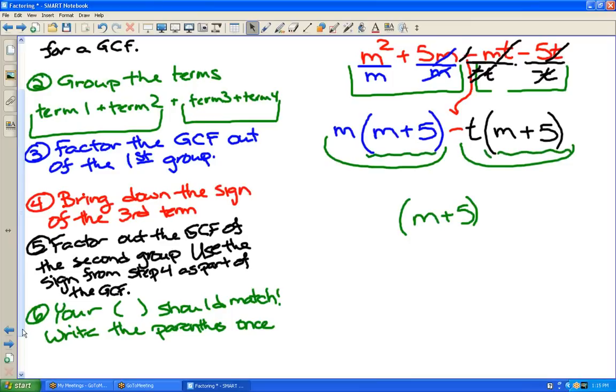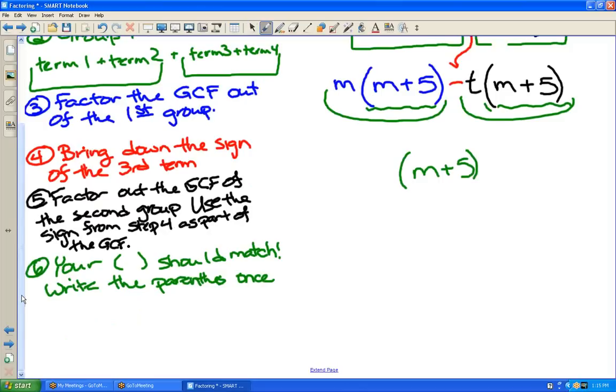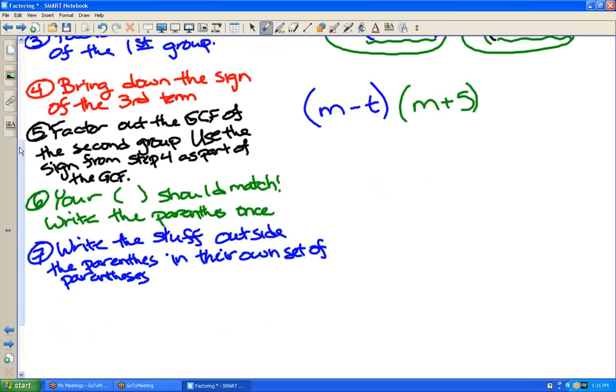Okay, and then the next thing is making more space. That's no big problem. 7 is your last step. Well, no, 8 is your last step. Okay, so if I'm looking at this, I have an M and a minus T. So that's going to go M minus T. And step 8, make sure